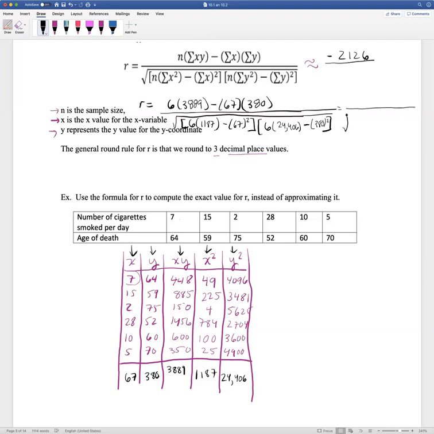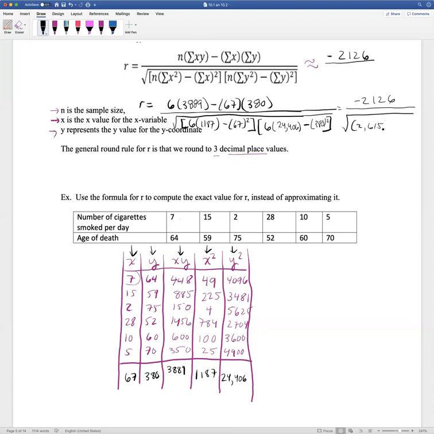So here's how I suggest that you handle the denominator. We already know that the numerator is going to be negative 2,126. For the denominator, let's do this: 6 times 1,187 minus 67 squared. So in my calculator, I'm going to type in 6 times 1,187 minus 67 squared. And remember that squaring something is multiplying it by itself. And I get